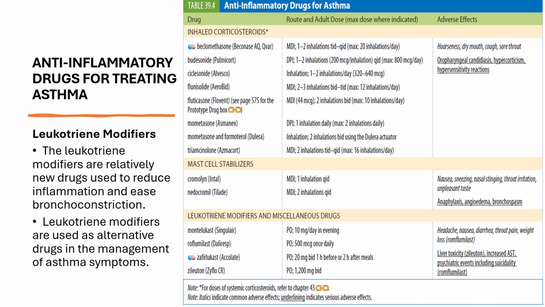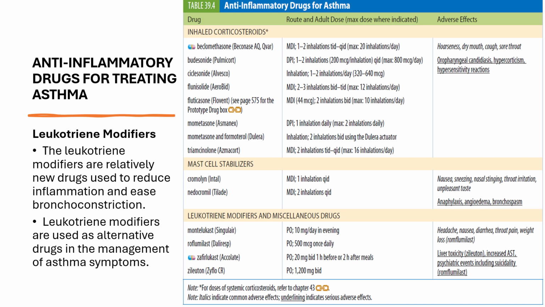The leukotriene modifiers are oral medications approved for the prophylaxis of chronic asthma. Zileuton has a more rapid onset of action than the other two leukotriene modifiers, which take as long as 1 week to produce optimum therapeutic benefit. Because of their delayed onset, leukotriene modifiers are ineffective in terminating acute asthma attacks.